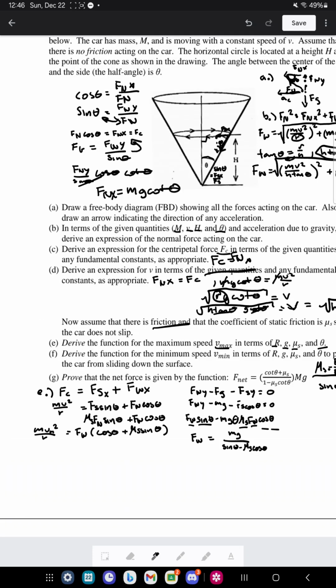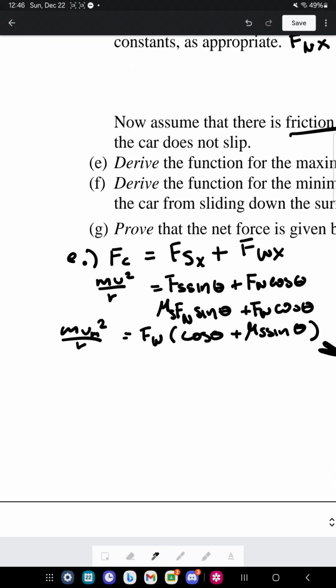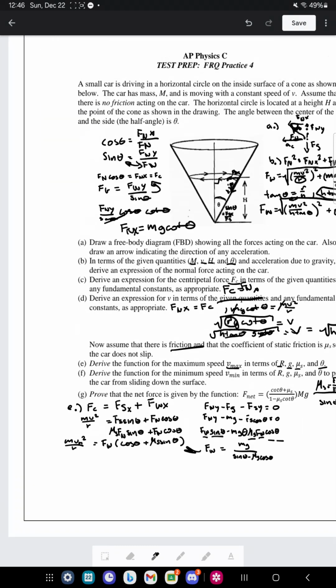And I can put that in here to find that, let's see, mg (cos theta plus mu s sine theta) over (sine theta minus mu s cosine theta) equals mv max squared over r. I can multiply over r and cancel out the m's,